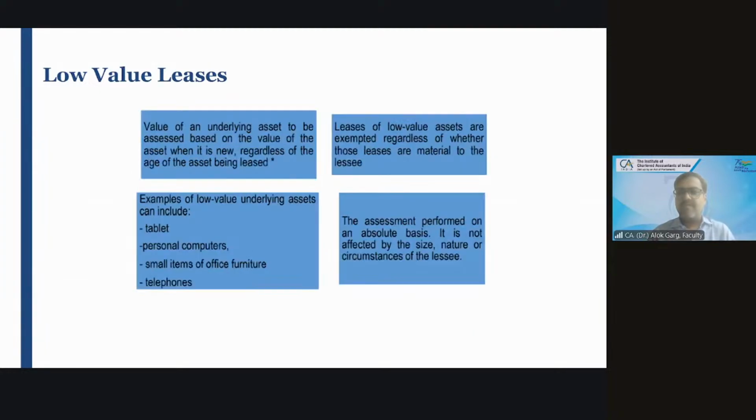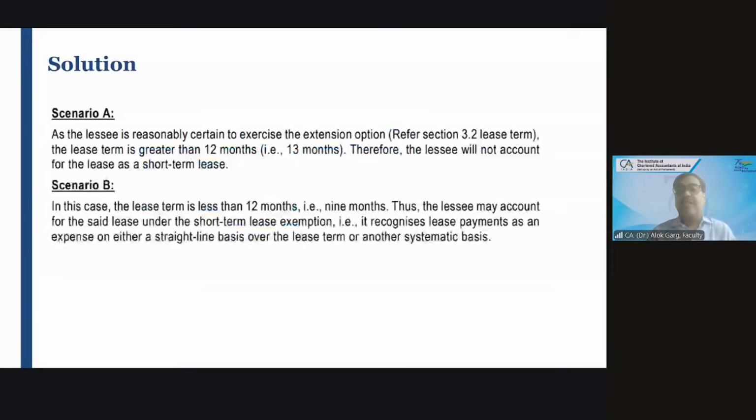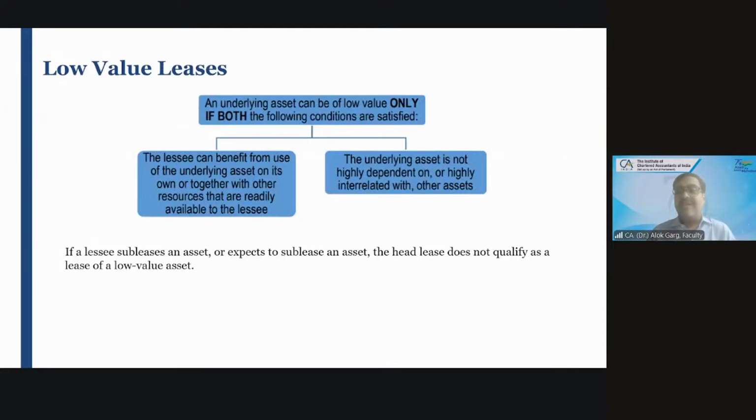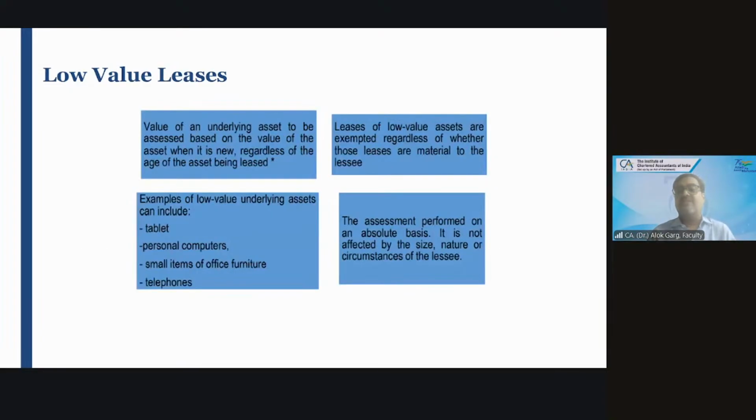Right? Okay. Then low value leases, friends. What is low value leases? The leases where the underlying asset is of low value, okay? That is known as a low value lease. And if the subleasing is there, then the low value leases option is not available for exemption,